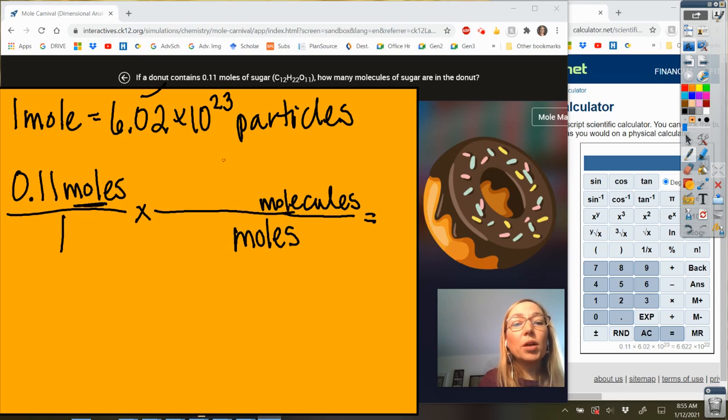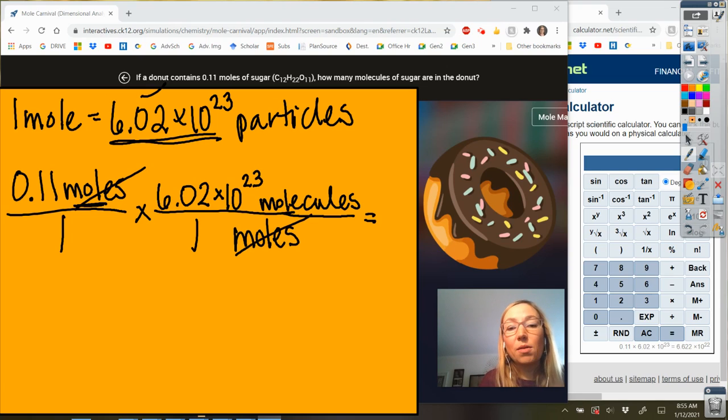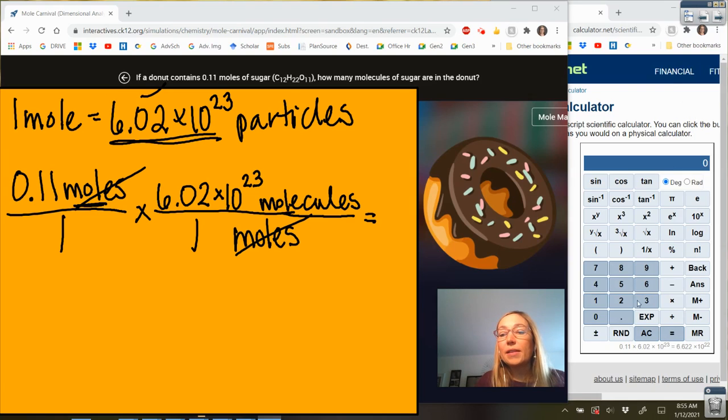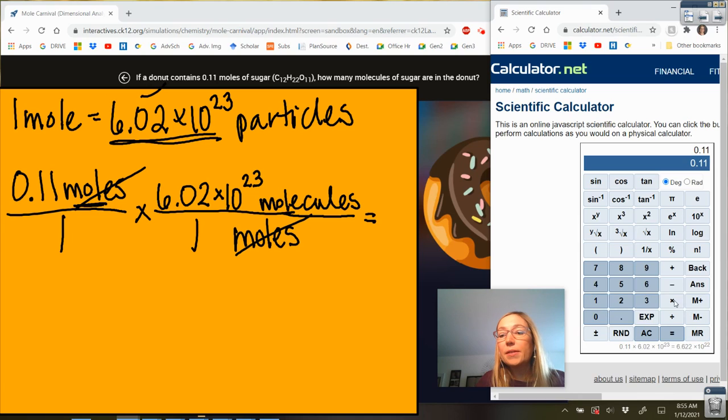Okay, go up to our conversion factor. There are 6.02 times 10 to the 23rd little particles or molecules in every 1 mole. So 6.02 times 10 to the 23rd molecules in 1 mole, cancel out moles. And then we just move over here to our calculator and try it on this calculator. So let's go 0.11 times 6.02